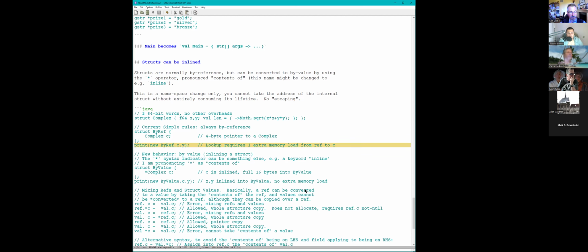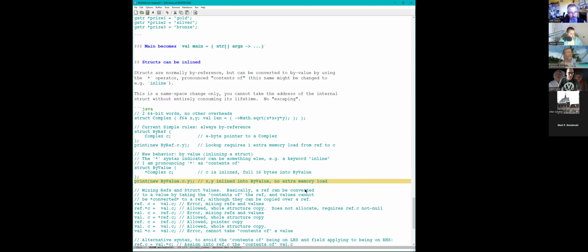And then if I want to print it and I make it by reference, I do .c and then a .y from the .c, and that's a memory load to go from the by reference struct through the complex pointer to y. New behavior: I have a star complex that is an inline struct. The full size of it, two 8-byte floats, gets inlined, so 16 bytes gets inlined. And when I do the by value .c.y, I will not have an extra memory load.